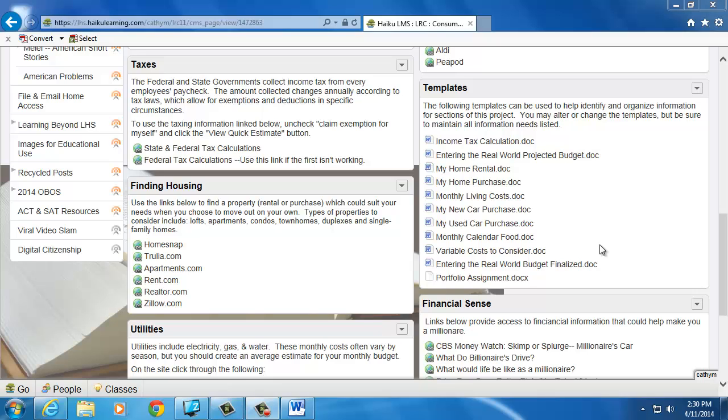Alrighty folks, we're going to be moving on to the variable cost component. This is probably one of the more difficult parts of the assignment. It does look to appear very easy, but what we need for you to do is to change your mentality for this part of the assignment. Most of you are 16, 17, or 18 years old. You have limited financial responsibility.